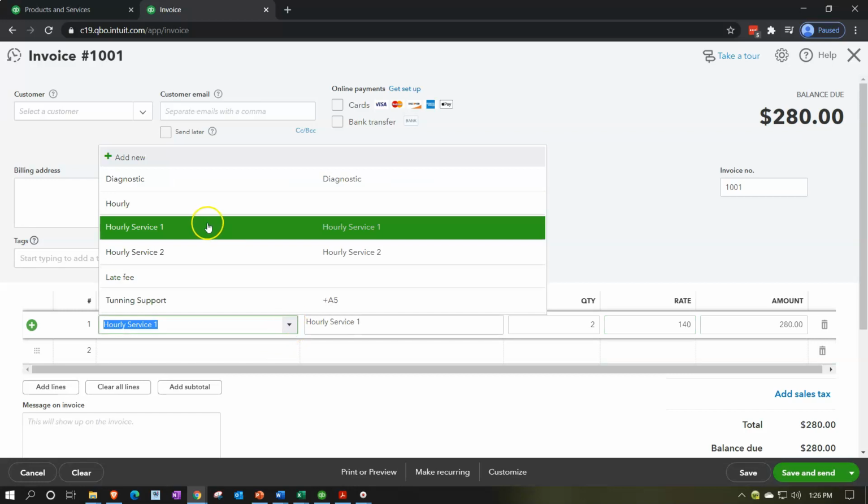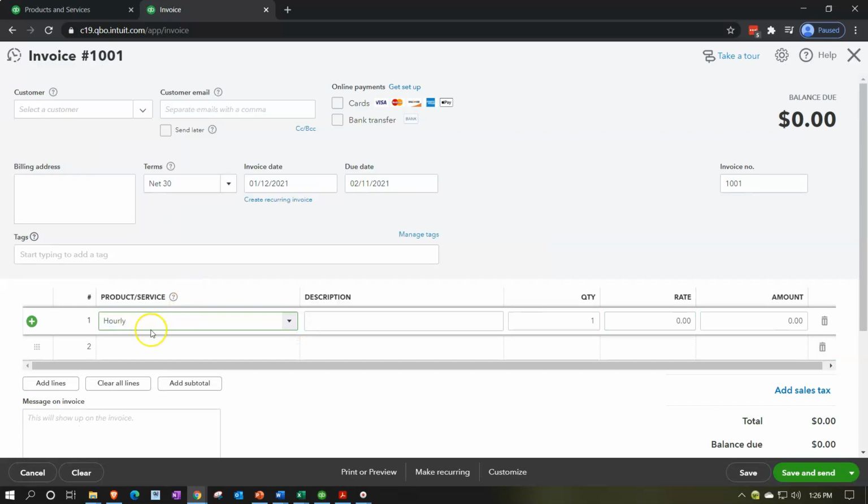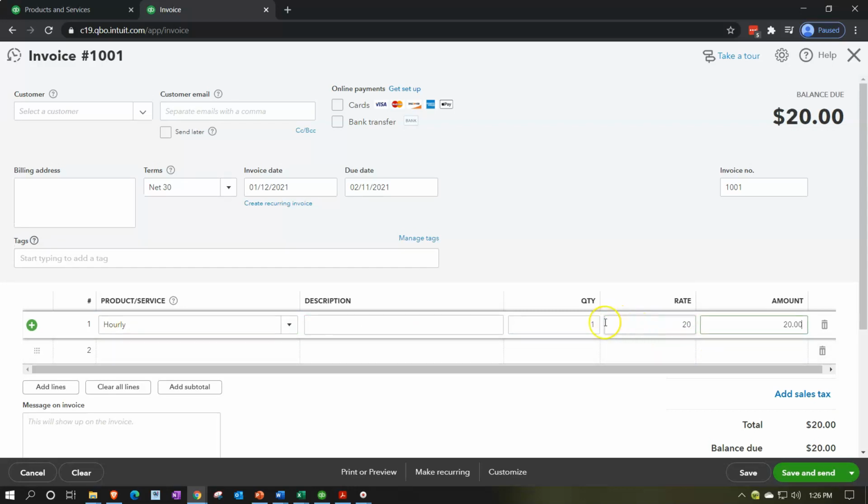So we have that. If we want to just standard hourly rate, then you could set up an item just called hourly, and then you could pick the rate, whatever the rate will be. Notice that if you do that, however, how much more complicated the data input becomes. You can't really delegate it to somebody else if your rate changes all the time and you don't know what it is, and if your hours change somewhat, but if you standardize it and say, hey, this is the bookkeeping